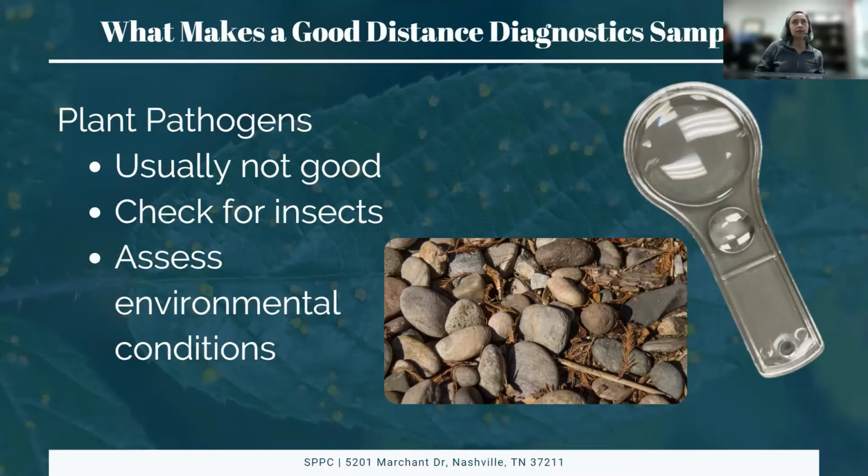And we also want to assess the environmental conditions. So this goes back again to where images of the entire landscape can be helpful. Sometimes things like rock mulch can overheat in the summer and burn the roots of our larger plants. And sometimes they can even change the pH. A rock mulch like this might increase the soil pH for an acid-loving tree or shrub, which will make it very difficult for that plant to absorb the nutrients it needs.